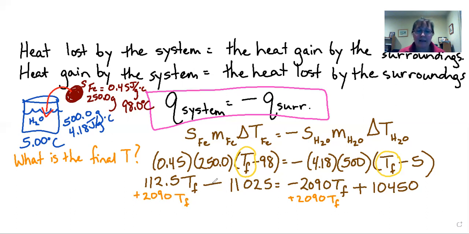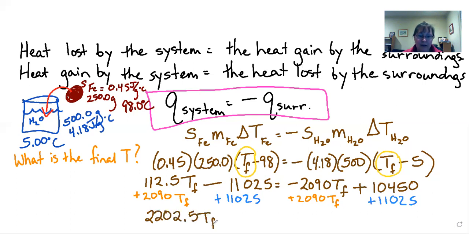Okay. And now I have minus 11,025. And so I'm going to add 11,025 to both sides. And so on the left, I have 112.5 plus 2,090. And I have 2,202.5 TF is equal to, okay, on this side I have